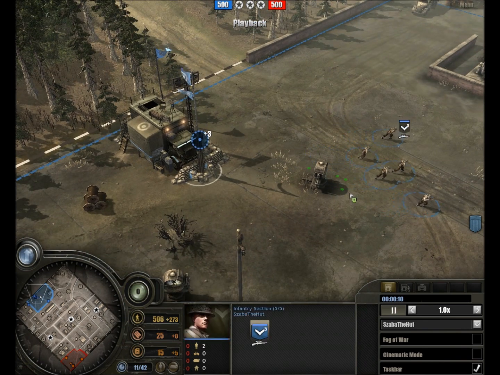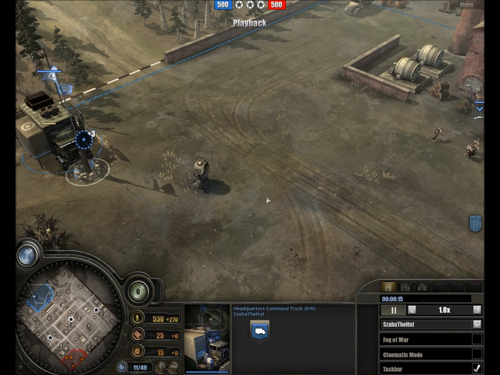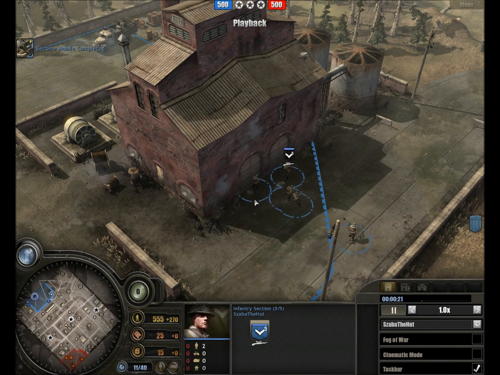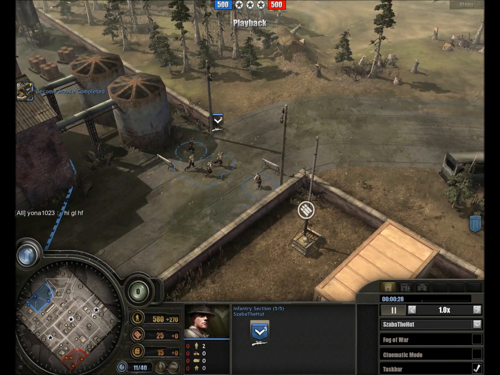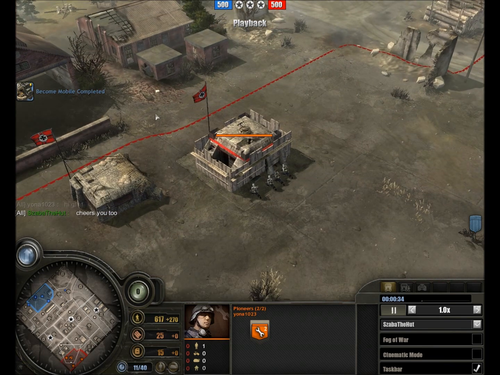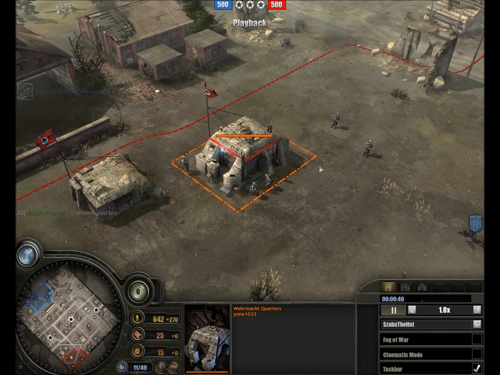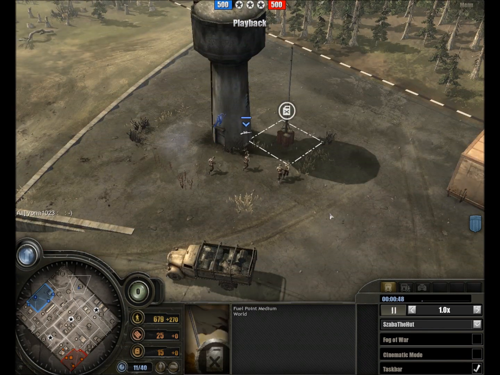Szabathehut moving out with his recon section, and the headquarters command truck already packing up, no additional infantry. In fact, a rather risky start, but it seems like Szabathehut has a plan for his 30th Corps troops and is moving out probably for a fuel point. In the south we see Saba going out for a free pioneer start and endeavoring many of the pioneers to set up a Wehrmacht quarters as quickly as possible. Will be interesting to see what he will be setting up, and Szabathehut seems to have his eyes set on this medium munitions point